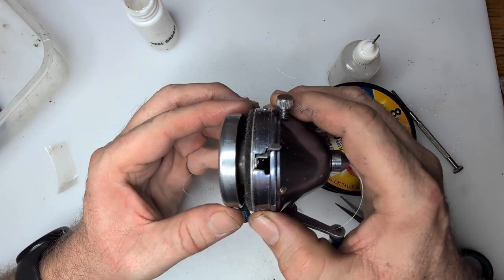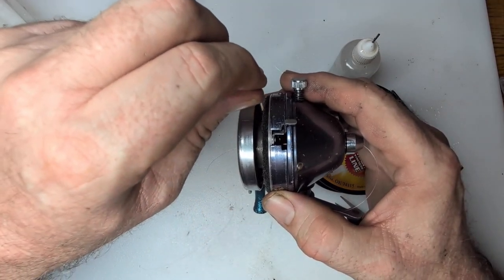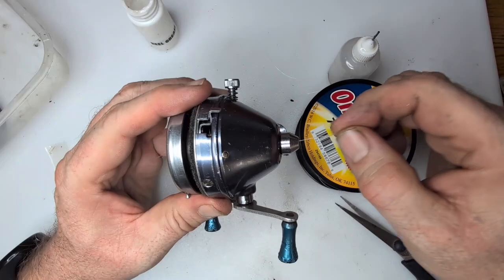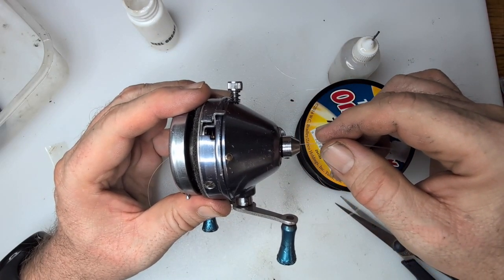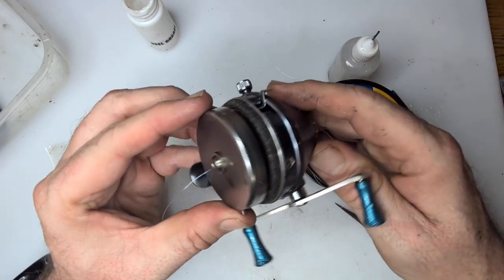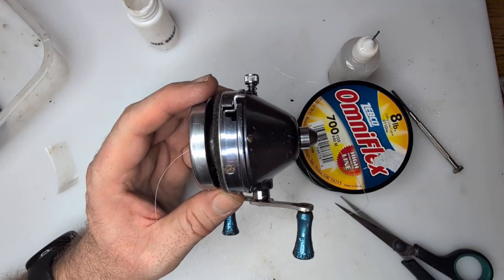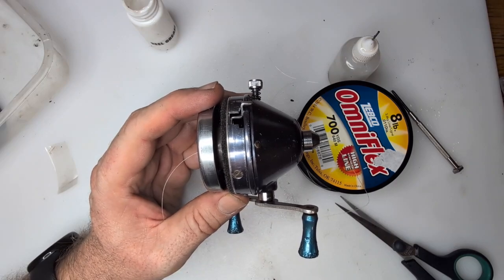But I don't know how else you would do it other than to hand wrap that line on the spool, and after it's on there, take it around the spinner head through the hole and out the front. I don't know how else you would do that. Even if I took off the spinner head, ran it through there. No, I don't know. Maybe somebody out there has a better idea, but I've never heard of a reel that you had to hand wind the line on the spool. But I can't think of another way to do it,